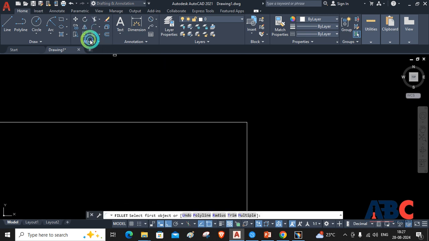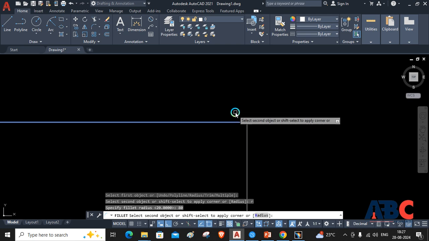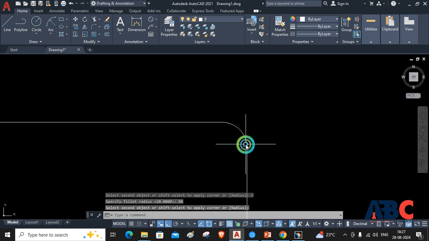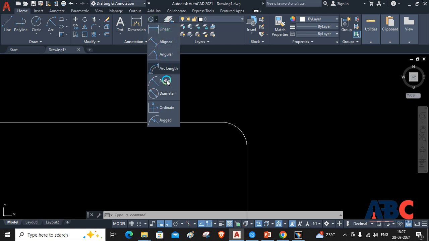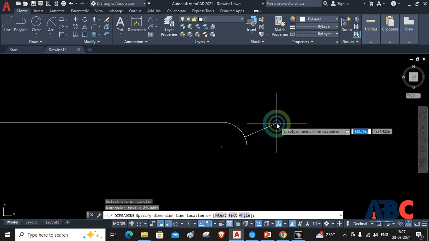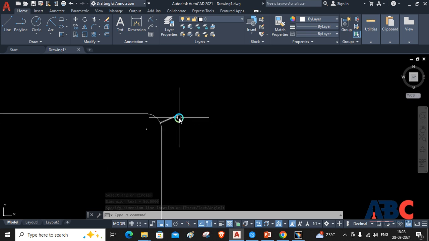Again I will show you fillet. Select the first object, R, enter, give the fillet radius as 80, enter. Select the second object, select the second line, then the fillet is given. I can show you its radius is 80. Now if you want to increase the dimension size, then type dim style,